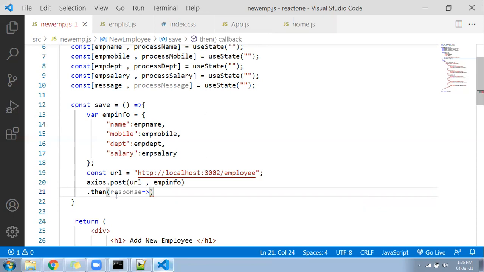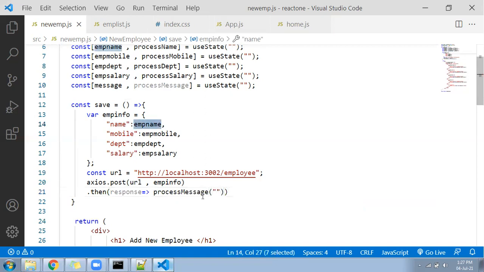So we are going to call the update process message function. And in that you pass some fixed value saying like, see here is the emp name. If I add it here like this, what will happen? It will become dynamic. It will say Ganesh added successfully. It will say Ramesh added successfully.